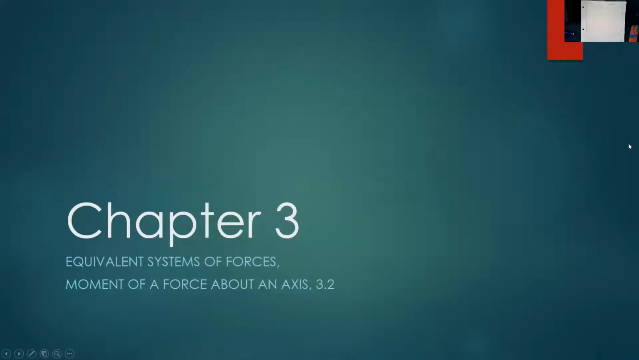This is Lecture 6, Chapter 3, Section 3.2. In this lecture, we're going to talk about moment of force about an axis. You may recall that in the previous lecture, we talked about the moment of force about a point. In this case, about an axis, we're just going to add one extra step, but otherwise the calculation is